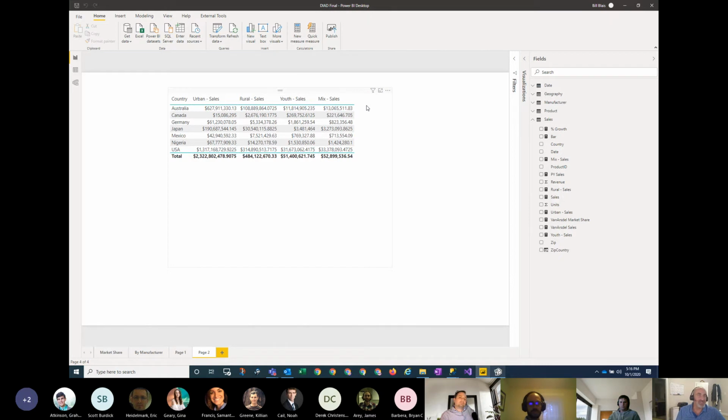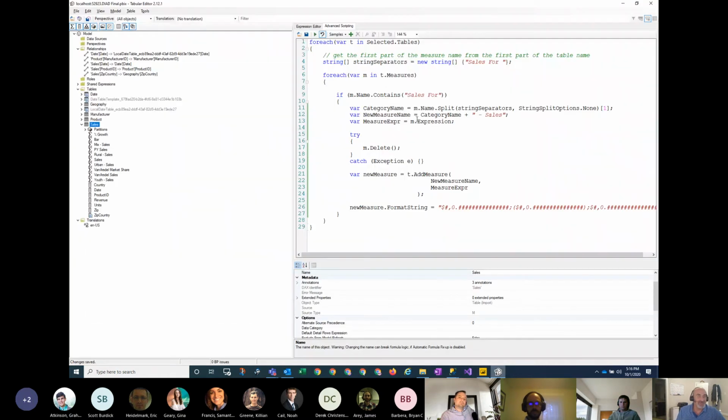There's a whole lot more you can do. The documentation is a little bit thin, again, because it's kind of a new tool, but if you poke around and try out some things, if you're a C# developer or want to get a little crazier than what you can do in Power BI Desktop, this could actually be used quite a bit to do those sort of mass operations on things.